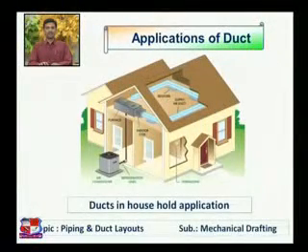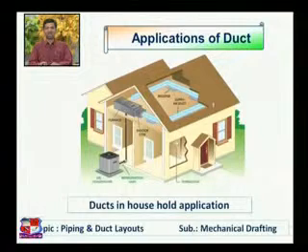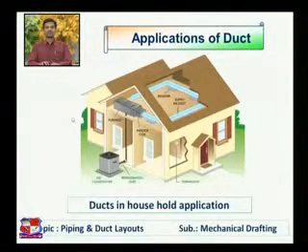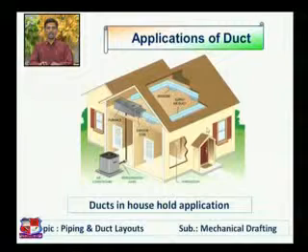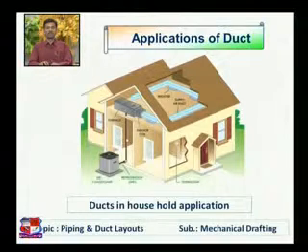This is another application of duct in household application. This is a house, and here a cut section is shown to show that the air conditioner is not there inside this home. Here the air conditioner is there. Duct is provided to allow the flow of cold air inside this house. Moving the air conditioner from this wall to away is also done to reduce the noise level, because if the air conditioner is put over here, some noise may create disturbance inside this room. If it is put away from this home, then the problem of noise can be reduced, and for that the duct is connected.